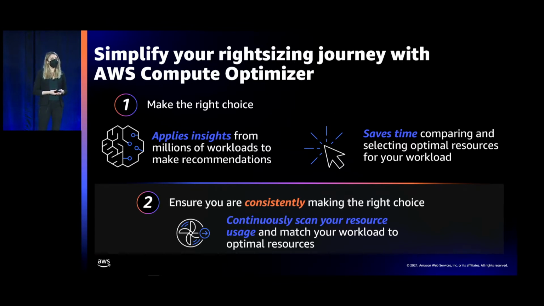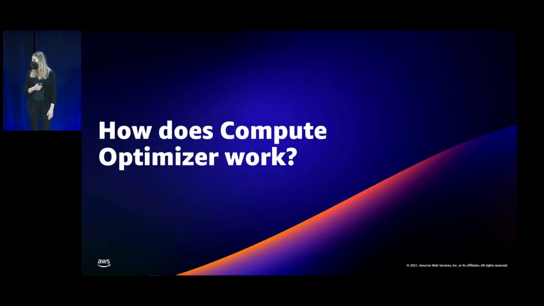Third, engineering time and bandwidth savings. So engineers can spend less time finding resource optimizations and more time on their core competencies like operational improvements and feature work. Fourth, reduce cognitive load in choosing among a large library of resources. Compute Optimizer does it for you, so you can focus on the core competencies I referenced. And finally, central cloud managers can spend less time mining for savings opportunities across an organization. And with that, I'll hand it over to Lei-Tian.